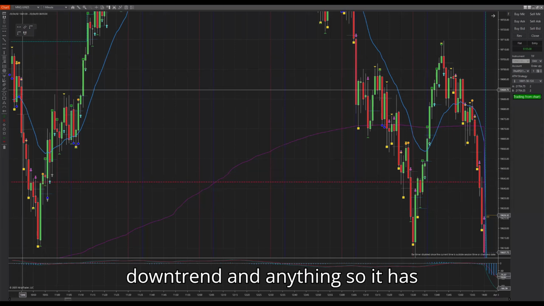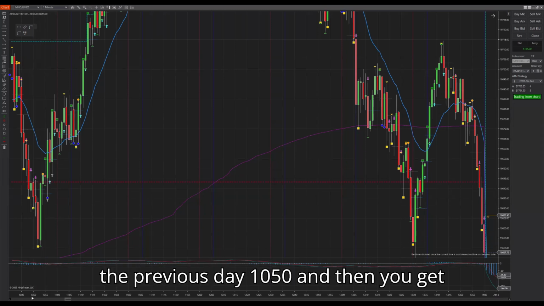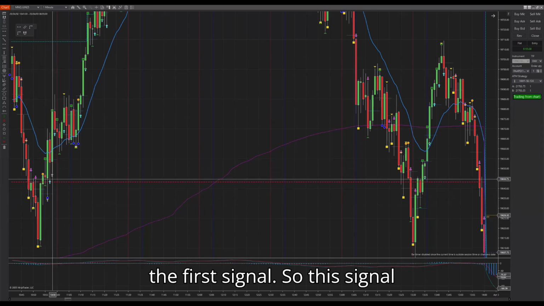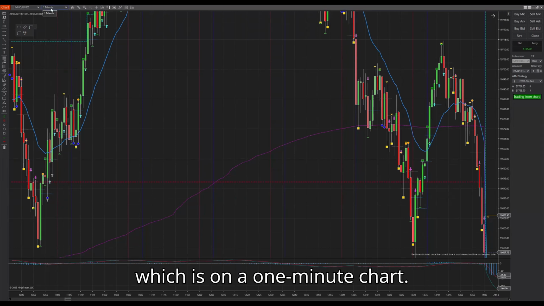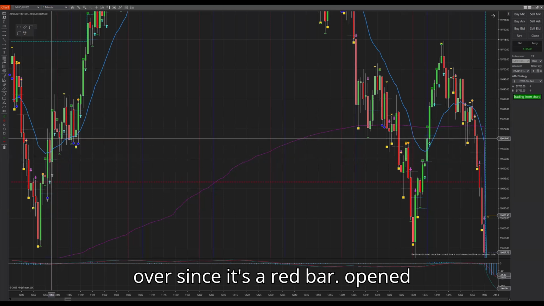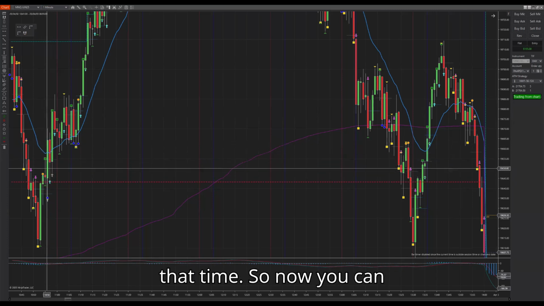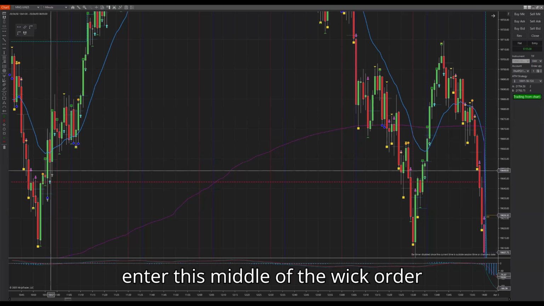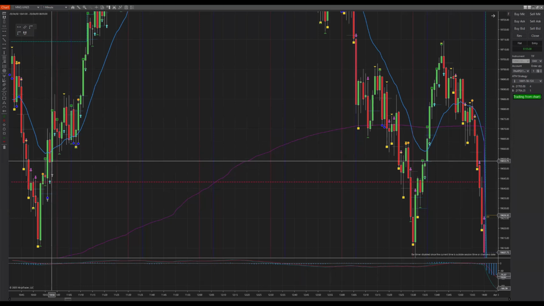So it's in a downtrend and it has stopped going further down. It's around the previous day 10:50, and then you get the first signal. So this signal is given when this bar closes, which is on a 1-minute chart. So when this bar closed over, since it's a red bar, opened here, closed here, you got the alert at that time. So now you can enter this middle of the wick order, and that gets filled on the next